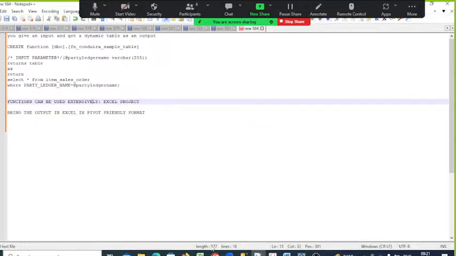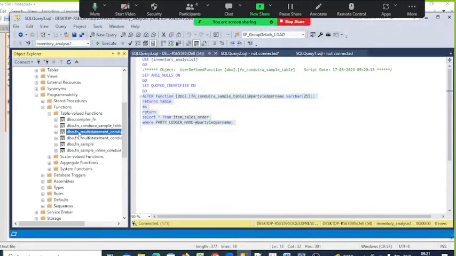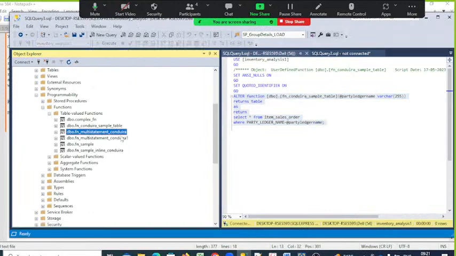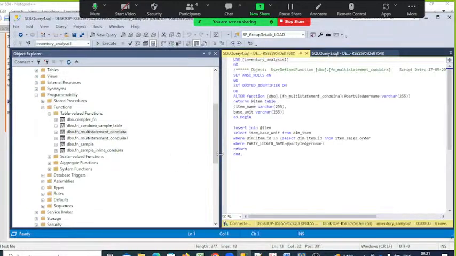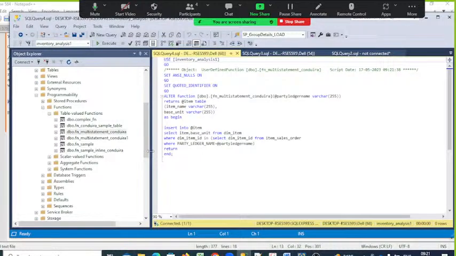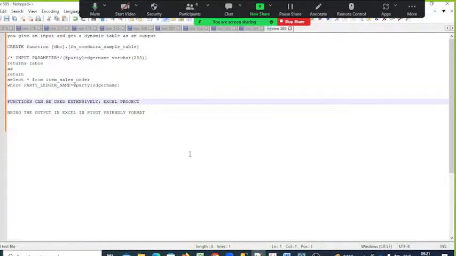So these two table valued functions, you should do them yourselves. Then multi-statement functions: when I make it, I can have multiple statements in it. So here I have a table variable. I declare a function here. A multi-statement function has a begin and an end, right? So I say here